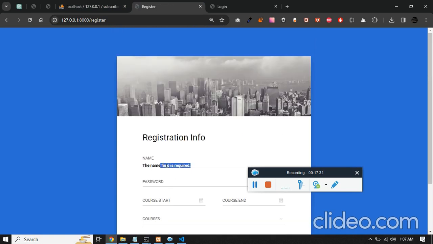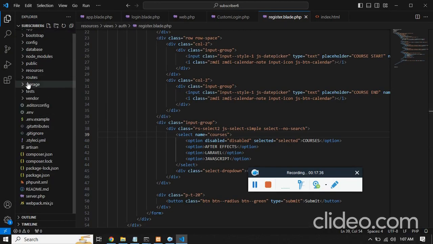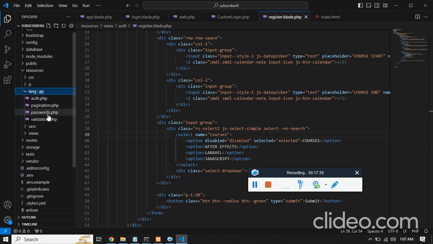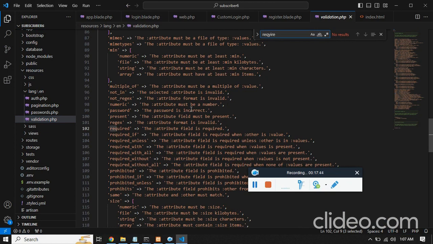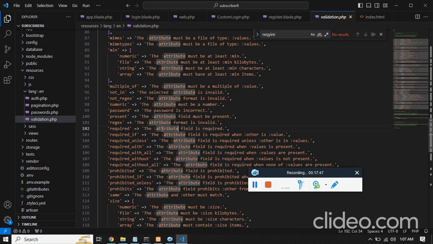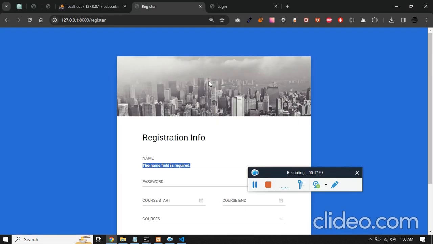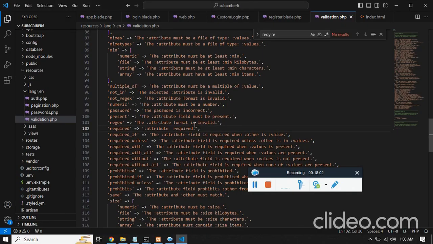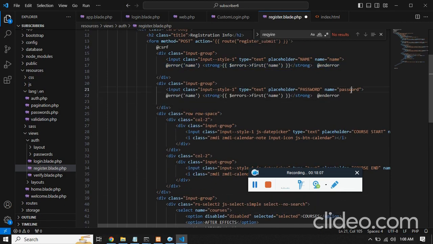If you want to know where this is coming from, it's inside resources. You'll find a lang folder and you'll find validation. If you search for required, here it says this field is required, and this field would be replaced with your name attribute. You can remove this, and if you refresh again, you'll just see name required. This is coming from this file. The same way you can have a copy of this and change the name attribute itself,